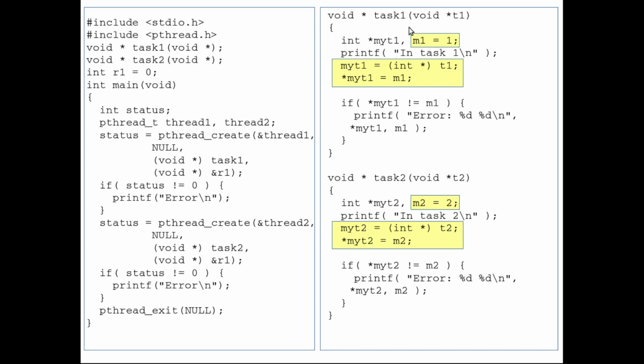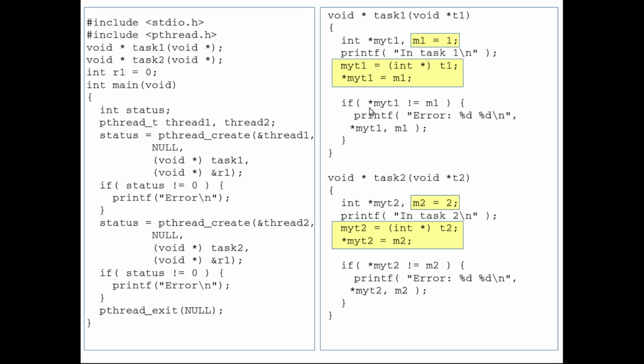And now what thread 1 will do is assign 1 to a local variable m1, and from m1 it will assign to the memory location being pointed to by my t1. So the value 1 will be stored in the memory location pointed to by my t1, and my t1 is just pointing to r1.